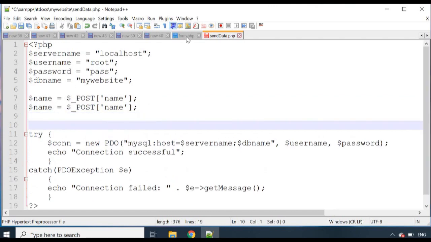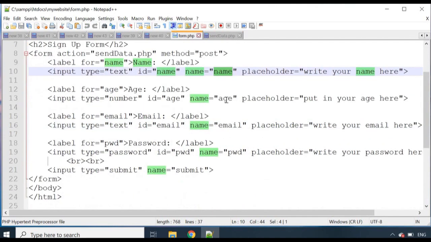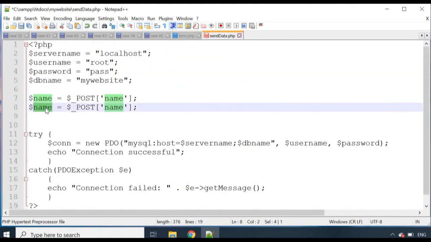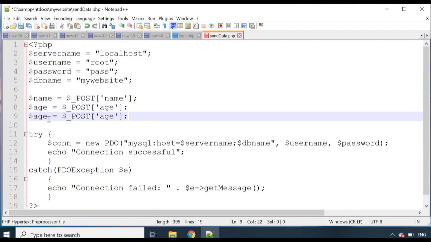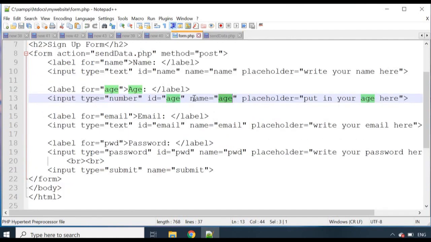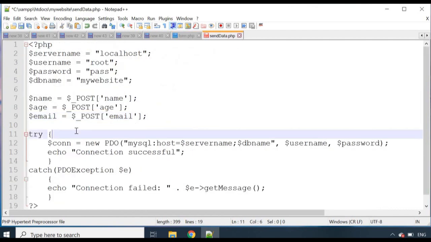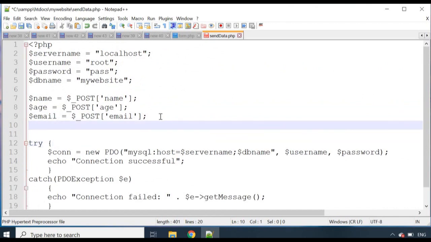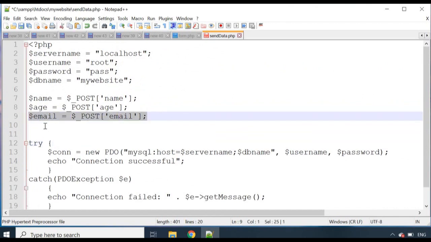So the next one we have is age. Just copy that over and put the variable name as age, pass age through from the form into our PHP file. Next one is email, and I'll just double check if that's what I have there in a second. Yep, we have email. And now the last one we have is password, and this is where I want to show you guys something. I'm just going to copy this and paste,